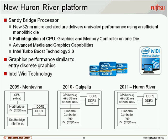In 2010, Intel changed the whole topology of the system, and two more functions went into the CPU. That was the start of this complete product. This was a CPU already in 32 nanometer structure, the GPU, that means the graphics part, in 45 nanometer, and it was added as well the memory controller, where you could connect DDR3 memory with 1066 megahertz. And at the bottom part, there is the so-called platform controller hub, still running on 65 nanometers, so an old kind of structure in